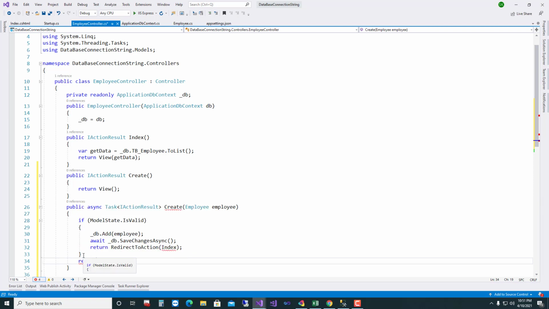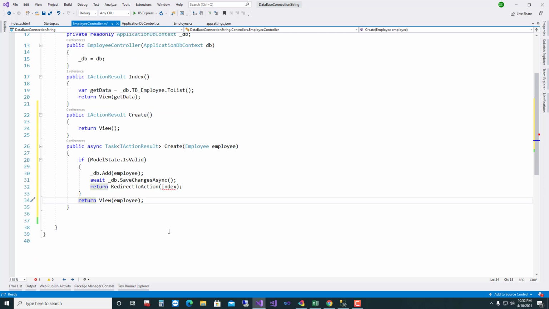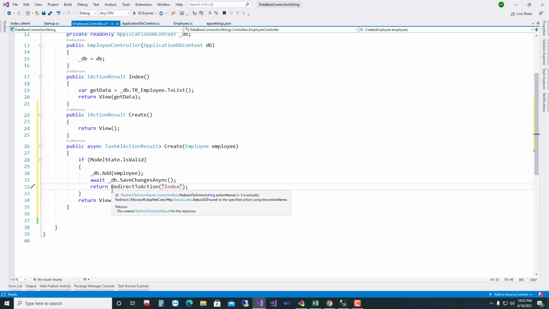Return View employee. Okay, sorry, this employee. Here the index should be put in a string. Okay, my code is ready.